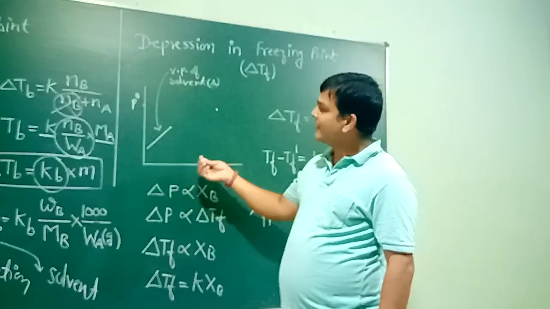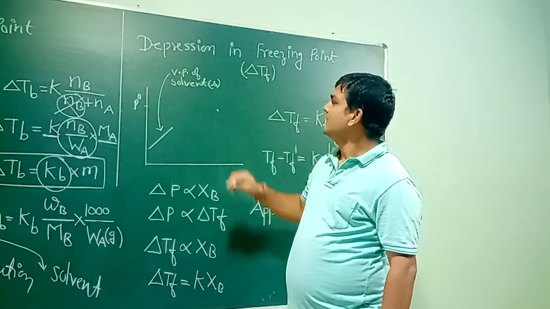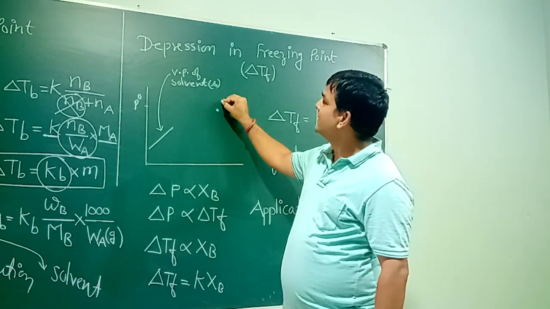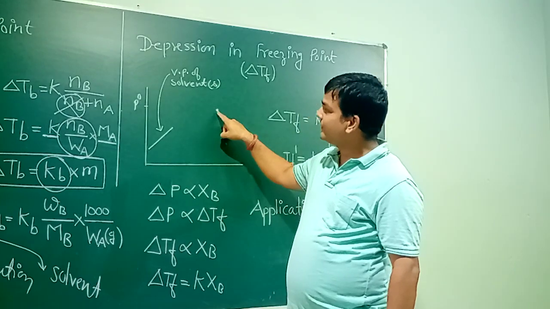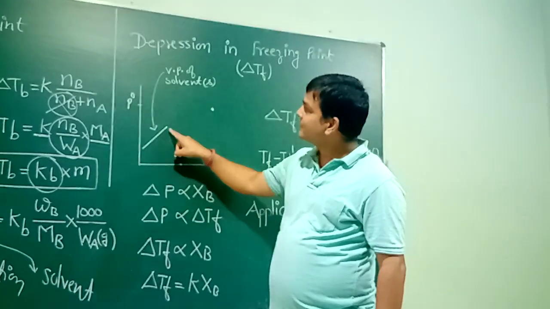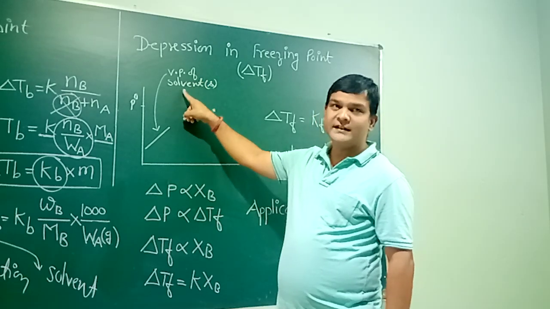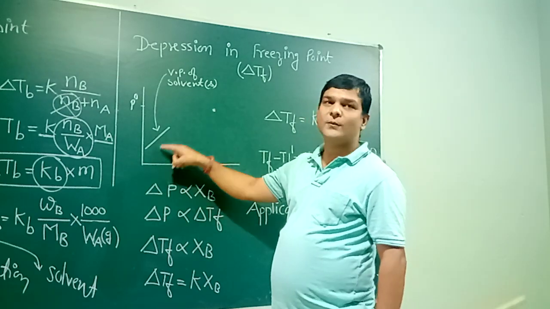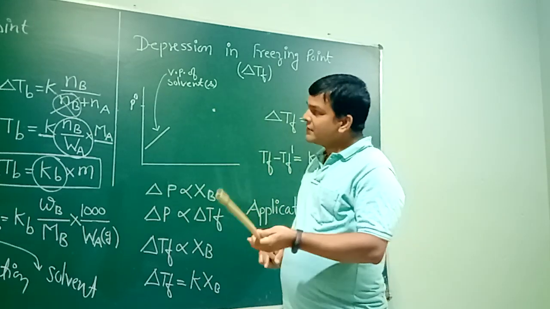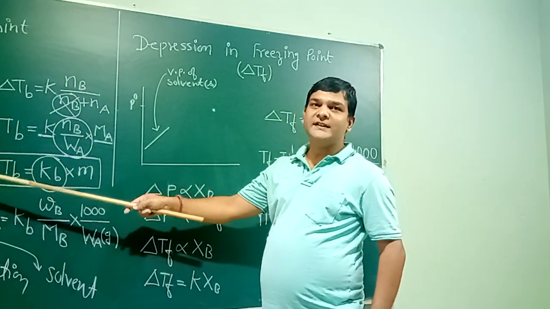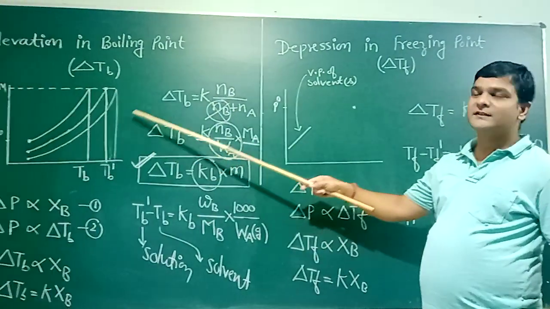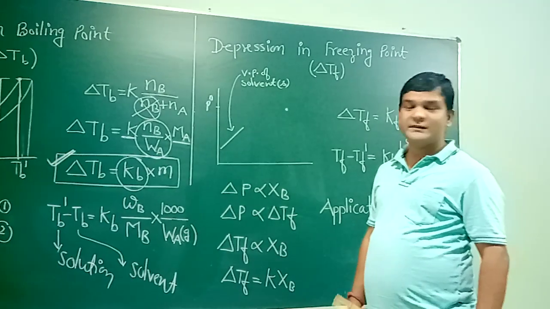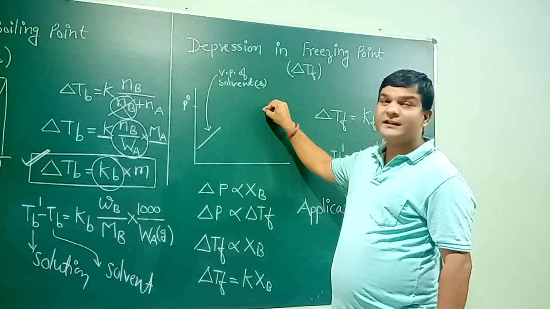Once again, we will use the help of this curve to define freezing point. Let this be the vapor pressure curve of, once again, a pure solvent like water. So it is the vapor pressure of water in liquid state, and let this be the vapor pressure curve for the solvent in its solid state. Solid state means if it is water, then this is the curve for ice. In elevation in boiling point, we increased temperature, and because we increased temperature the vapor pressure continuously increased. Here, to define freezing point, we decrease temperature,